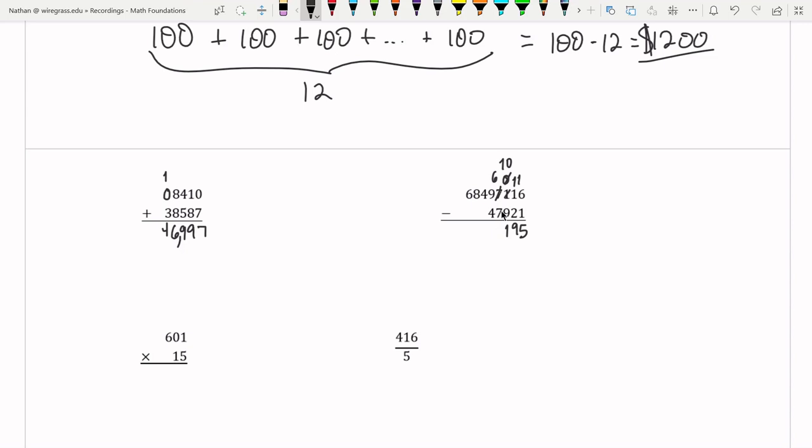I can't take 7 thousands from 6 thousands, so I'm going to borrow from the 10 thousands. 9 10,000s becomes 8 10,000s, and this 6 becomes 16 thousands. 16 minus 7 is 9. Then I have 8 minus 4 is 4. And then all of these are just zeros here. So I'm going to have 4, 8, and 6. Let me fix that. And that gives us